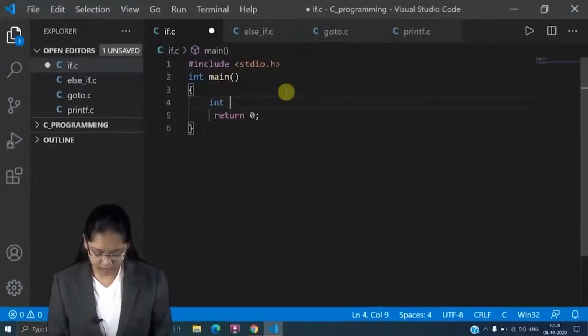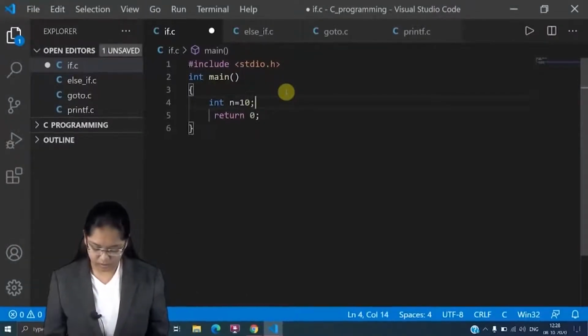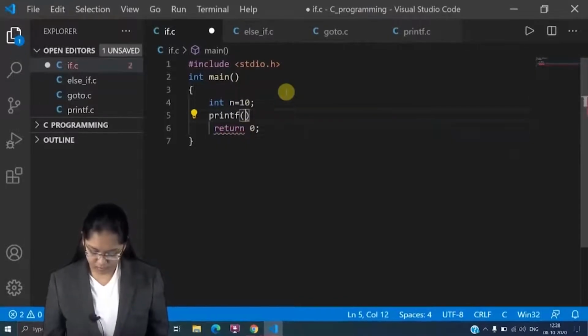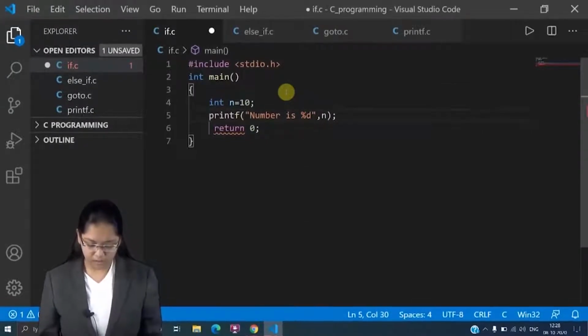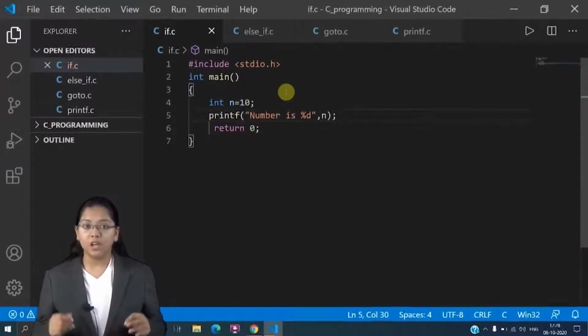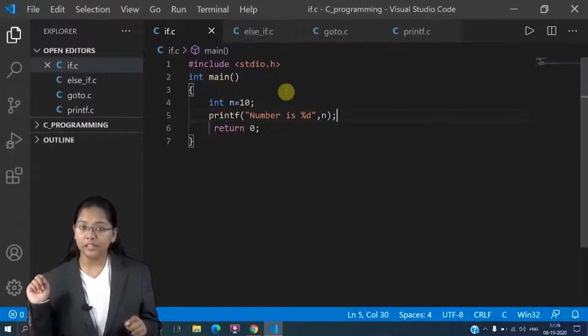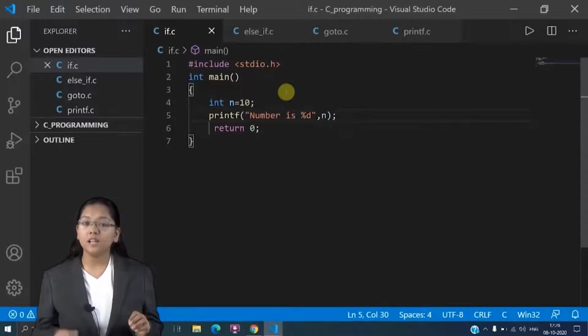This is very familiar to us, right? But now, if I specify there %d and then again a comma and some variable, then what is that? Let's see through my code. Here, int n is equal to, let's say, 10. Then printf, number is %d, comma n. Now why have I given this? Because I have written number is %d in between the double quotes, but when I run this, the %d sign will not get printed.